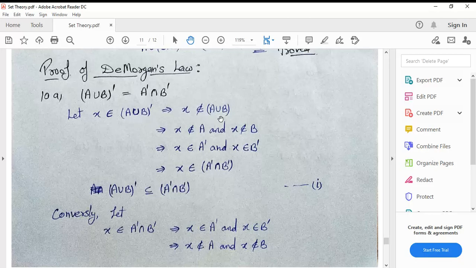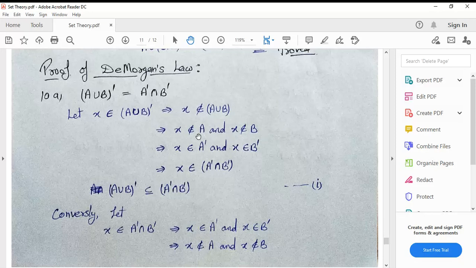So x doesn't belong to A union B. What is the definition of union? That is or. But here the element doesn't belong to this, so you have to use and in place of union. So x doesn't belong to A and x doesn't belong to B.